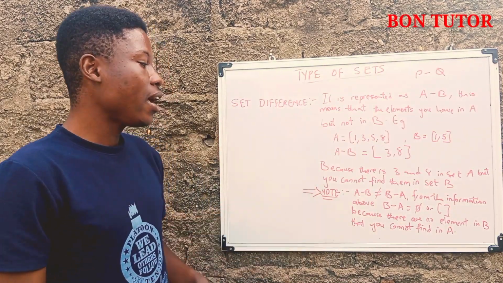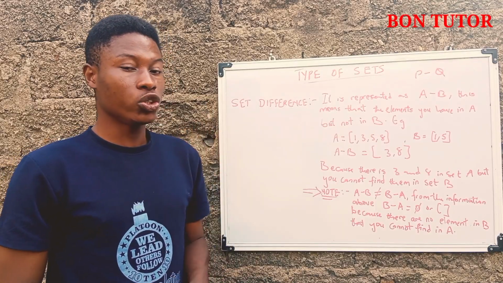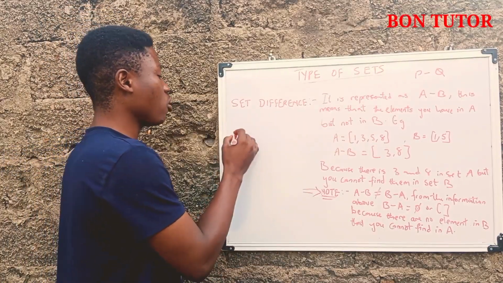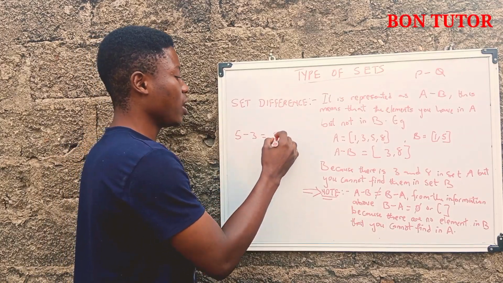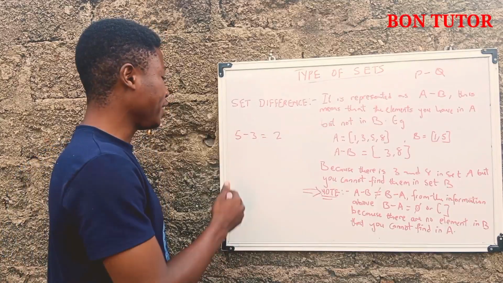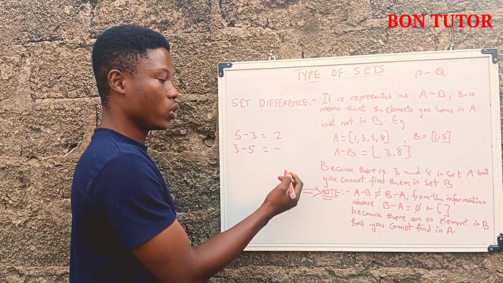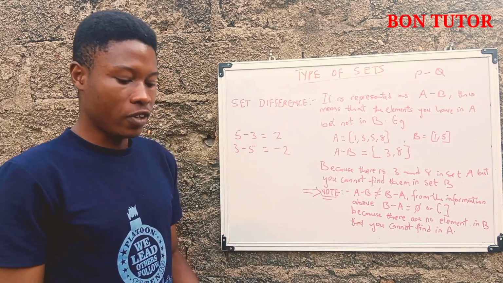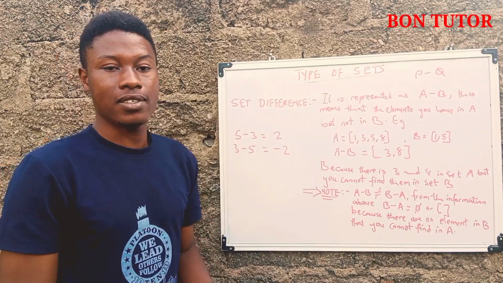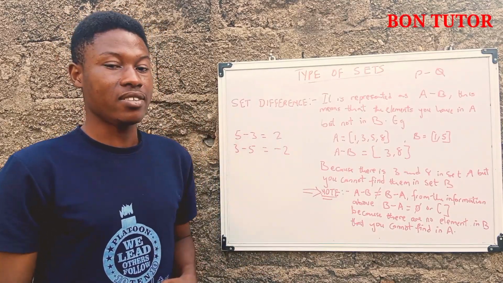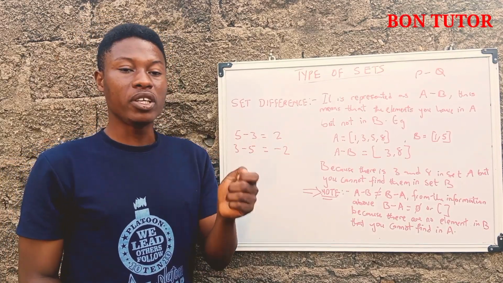Note, A minus B is not equal to B minus A. Just like in normal mathematics, if you have 5 minus 3, you have 2. And if you have 3 minus 5, you have minus what? Minus 2. Thank you very much. It's the same thing with sets. The value you get for A minus B is not the same as the value you get from B minus